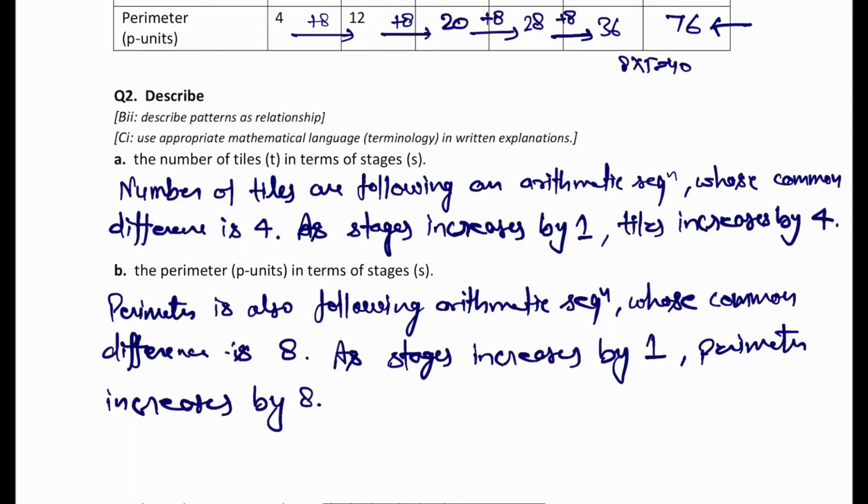In this problem, some students have explained that the number of tiles is 4 times the number of stages subtracted by 3. Like that they have also explained. So that is also a way you can do it. But if we discuss the same problem as related to the IB MYP5 exam, over there we don't have to describe the exact formula in words. We have to write it in a general pattern, right? So this is the way to write that pattern.